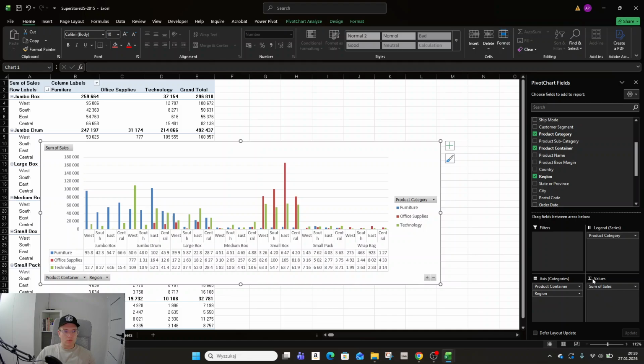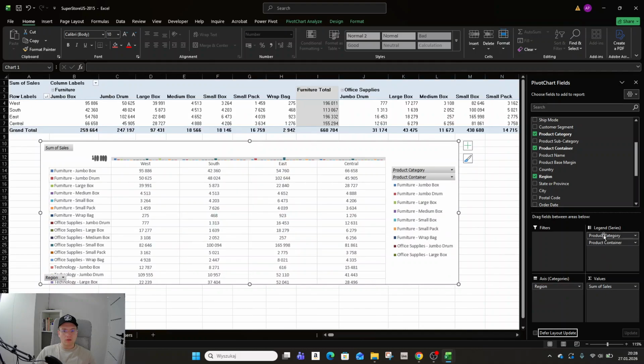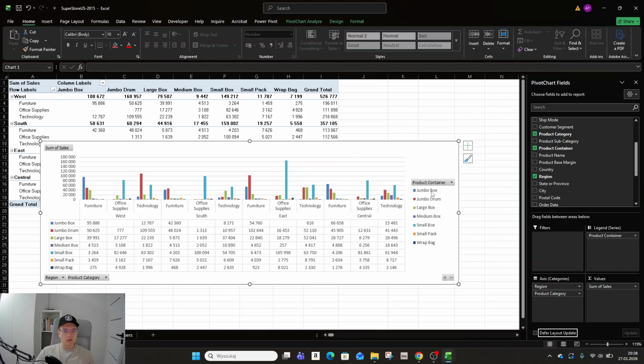So it's just aggregating the data, and here the best way would be to pick the variable that has the most different parts. So I think product container has 6 or 7 options. So here the chart is not so easy to read,